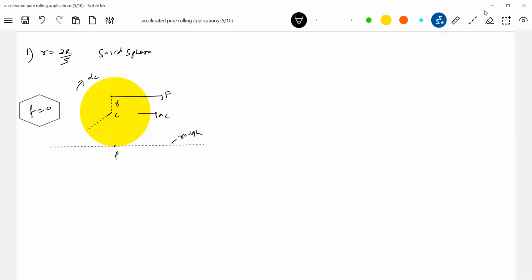Getting this one. Similarly for hollow sphere, what is the threshold point? I'm calling it a threshold point. Above threshold point, the friction should act in the direction of applied force. Below the threshold point, friction should act opposite to the applied force here. Similarly for hollow sphere, what should be the threshold point? 2R by 3. Hollow sphere.